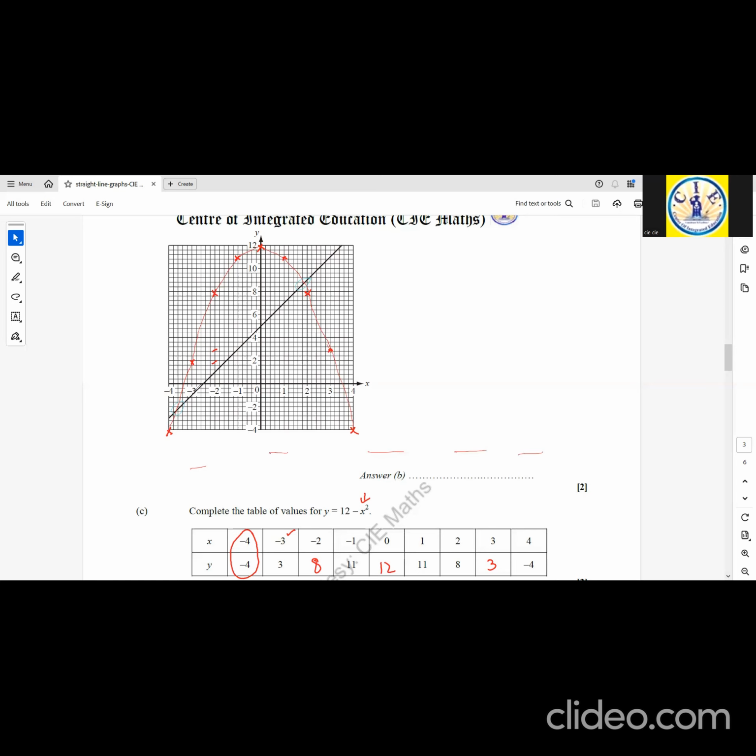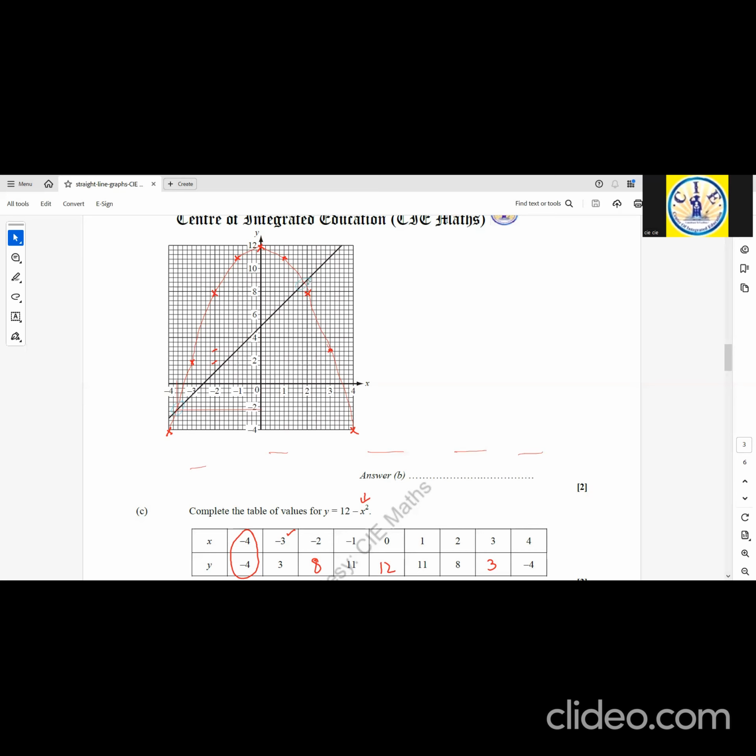We need to see those points like this thing and then this thing. That will give me the coordinates of the point,